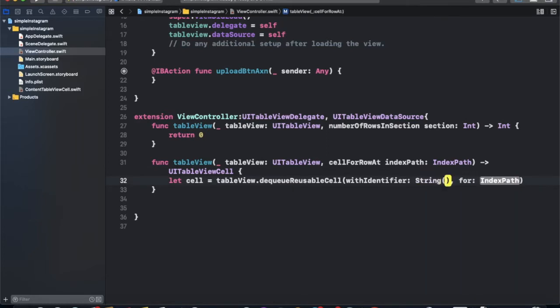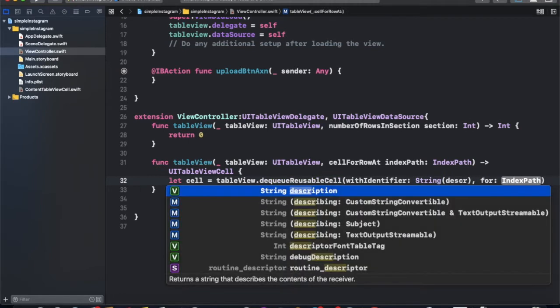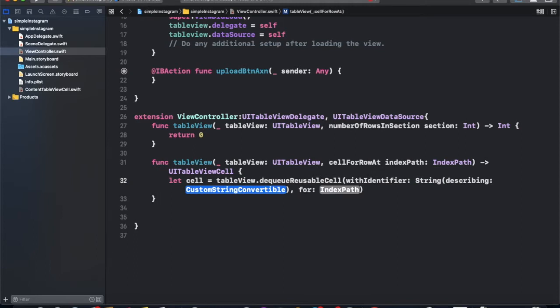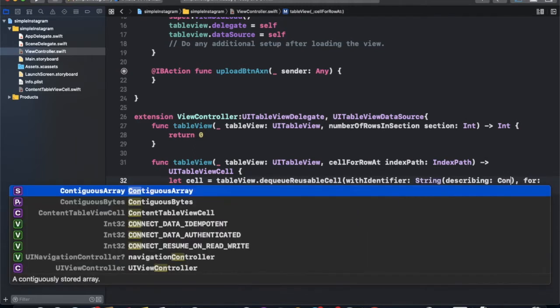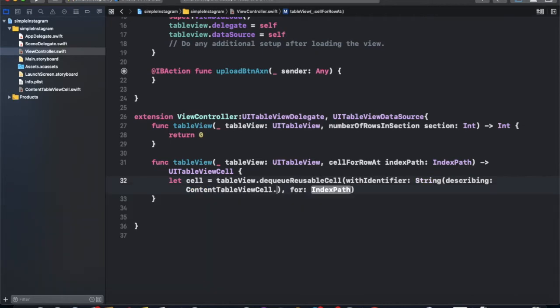So we start describing content table use cell itself.